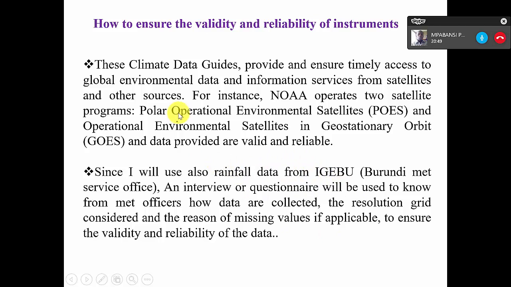I'm so sorry. I was saying that I will be using climate data from NCEP and NOAA. Those are climate data that I will find from the internet. These are the National Centers for Environmental Prediction, the National Oceanic and Atmospheric Administration, and the National Center for Atmospheric Research. They have collected many data for environment and climate, and these are reliable because they are working with satellites, operational environmental satellites,